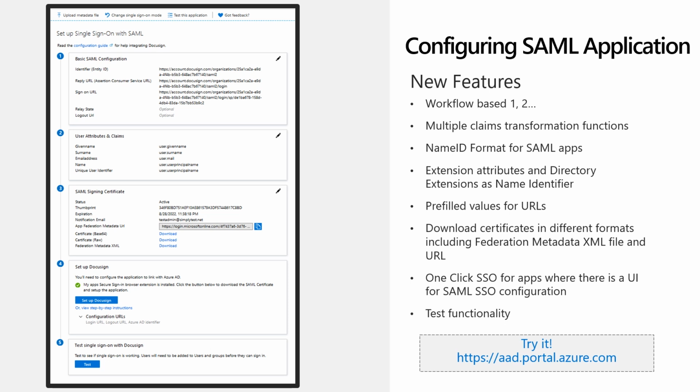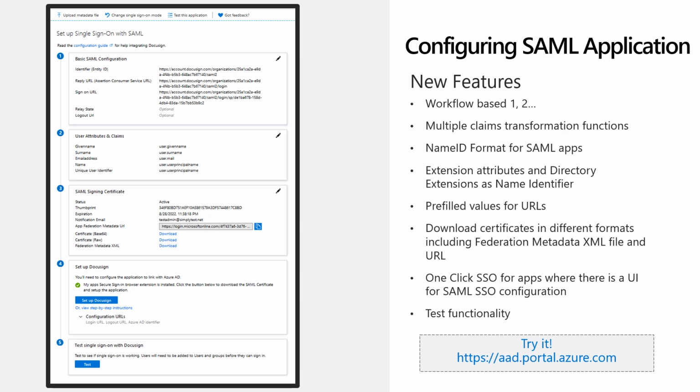In this, you can see on the left side, this is the new experience which we have come up with for SAML-based single sign-on. We have seen a lot of these SaaS applications are using SAML-based Federation or WS-Federation. So when you add the app and configure it for SAML-based single sign-on, you will see this is the new experience for it. This is a workflow which is more based on steps, like 1, 2, 3, 4. So we will tell you, okay, you have to first configure the URLs for the application. As I said, you'll get your instance of the application for those cloud applications, and you can configure those URLs over there.